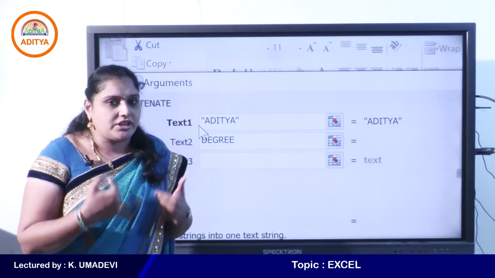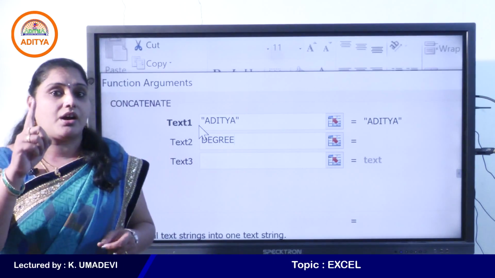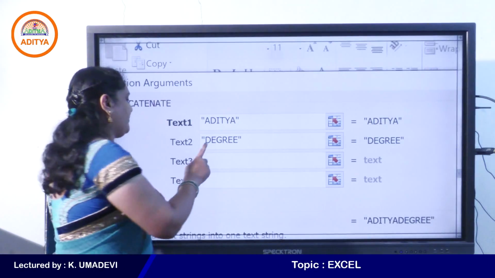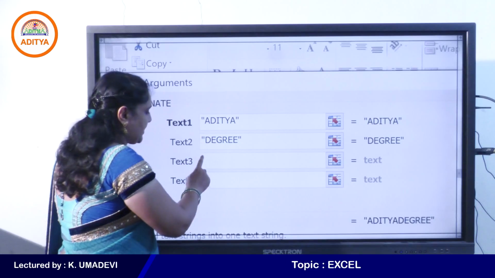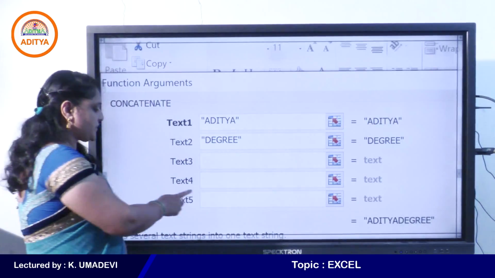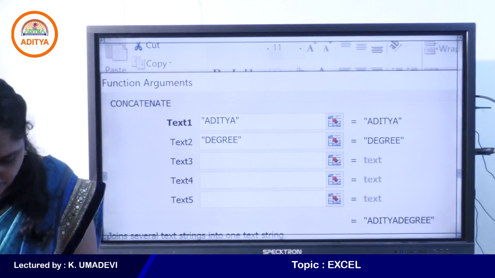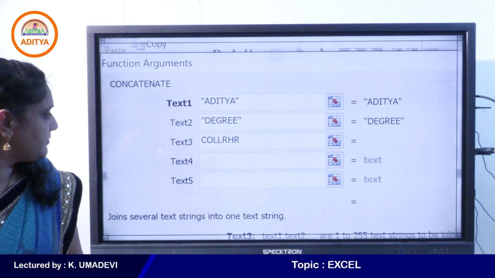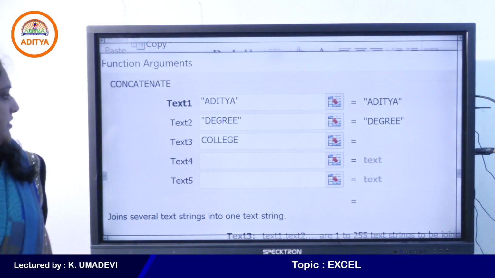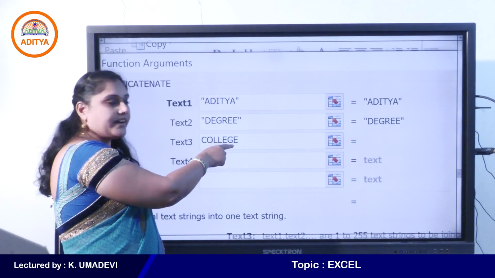So it is not only used to combine two strings, it is used to combine two or more strings. And see, when you insert your cursor on text 3, see text 4 is automatically displayed, text 5, okay. So then enter college. So string is a collection of characters which is enclosed within double quotes, right students?